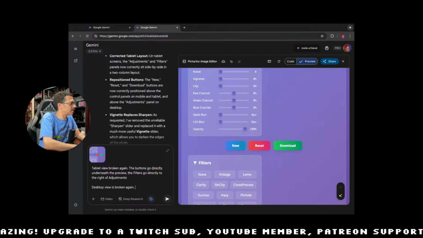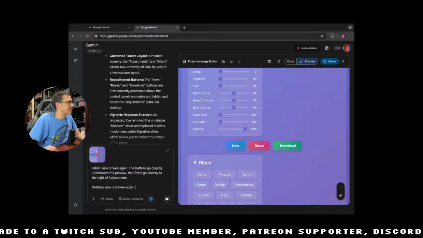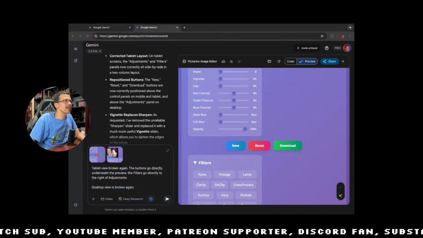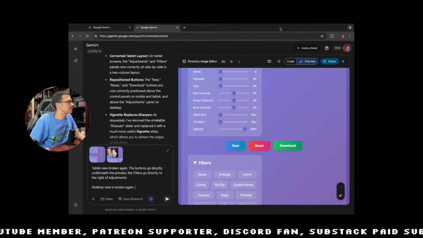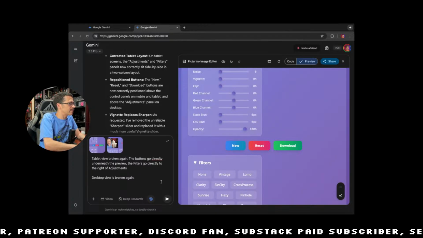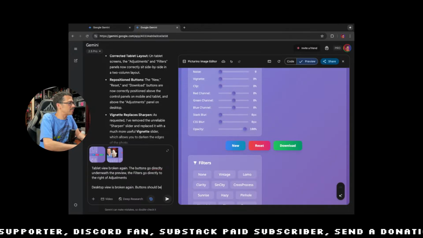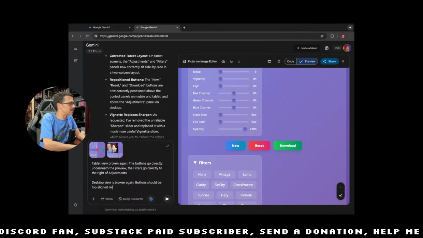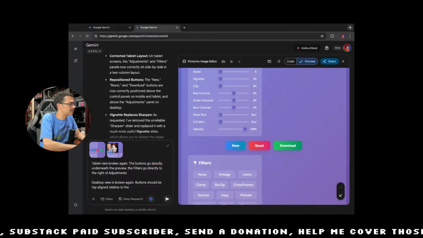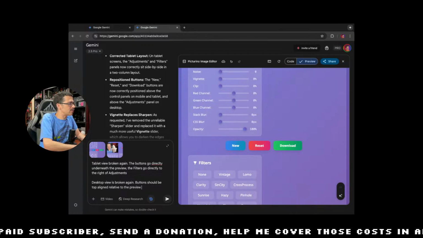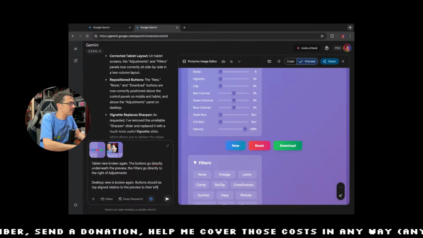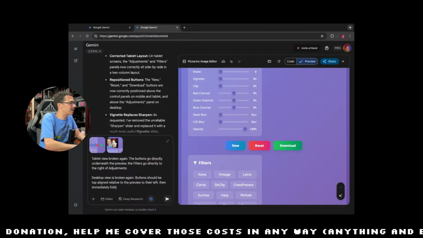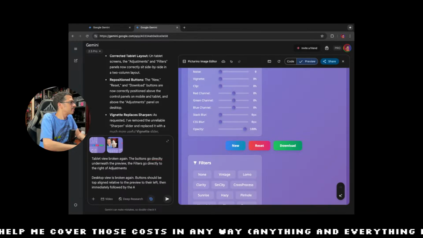Desktop view is broken again. How do I describe the desktop view? Desktop view is: buttons should be top aligned relative to the preview to their left, then immediately followed by the